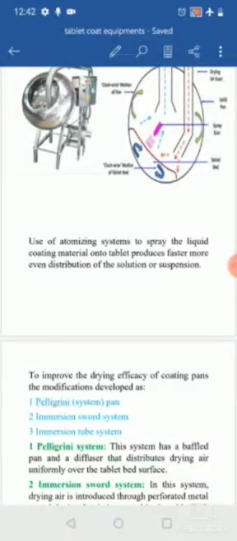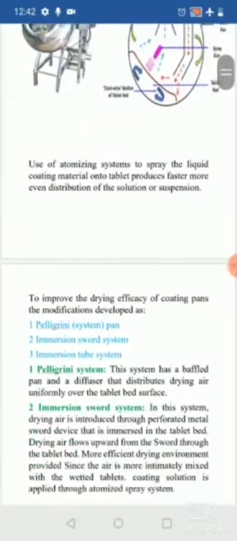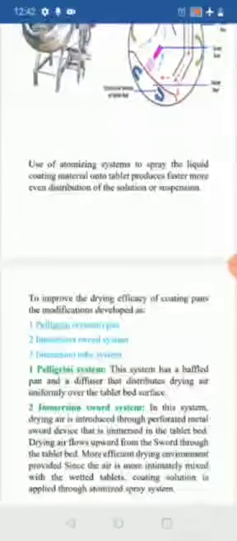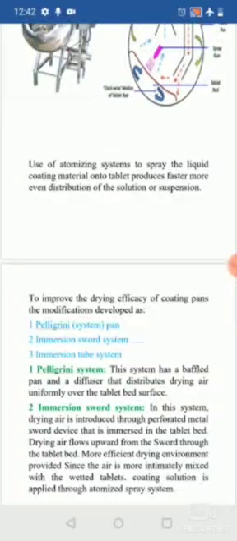So here in the downside or bottom side, there will not be a perfect movement, or not all the tablets are being coated. To make that coating efficient, you are going to insert one baffle or one metal piece, which is made up of stainless steel. That is going to provide a uniform rotation of the tablet bed, and once you insert the hot air, the coating solution is going to distribute uniformly on each and every tablet.